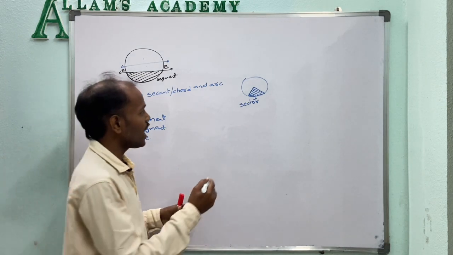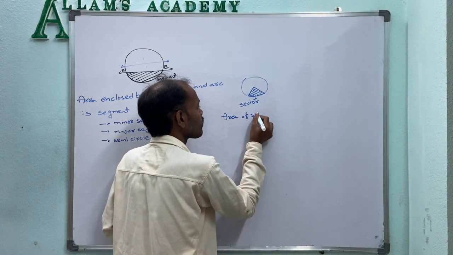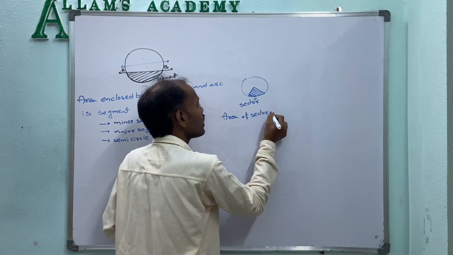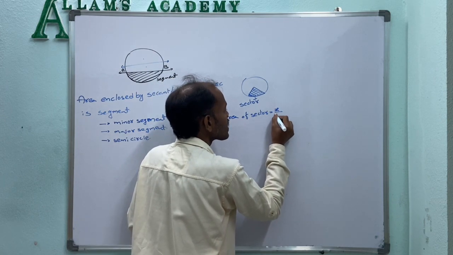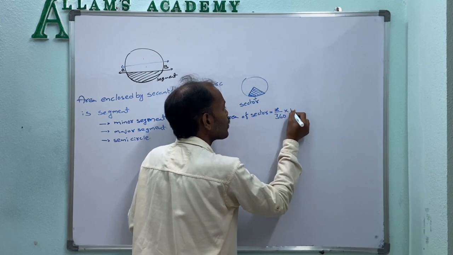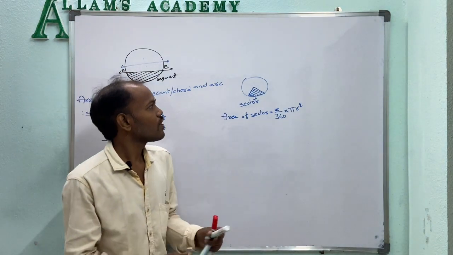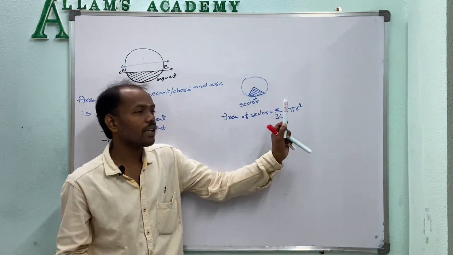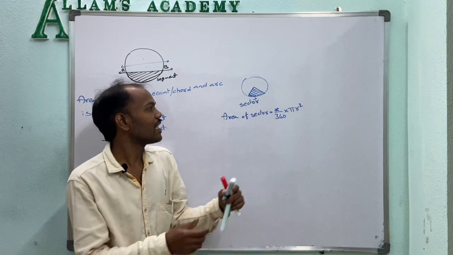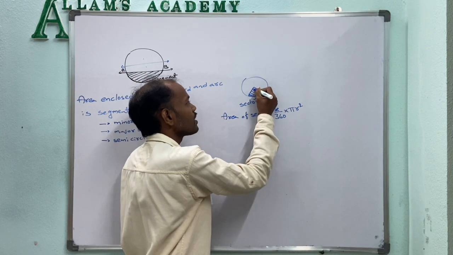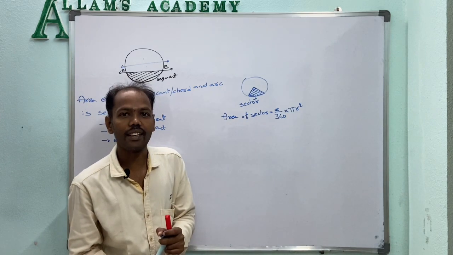Now the area of the sector is equal to x by 360 into pi r square. The area of the circle is pi r square. A circle means it rotates 360 degrees. In that, x indicates the angle of the sector being formed. Okay,